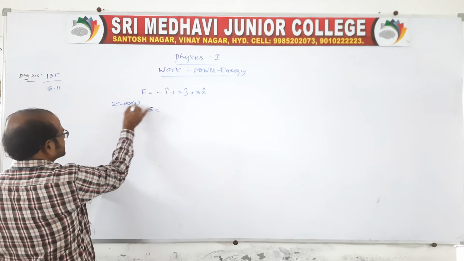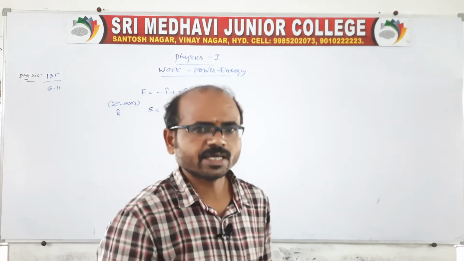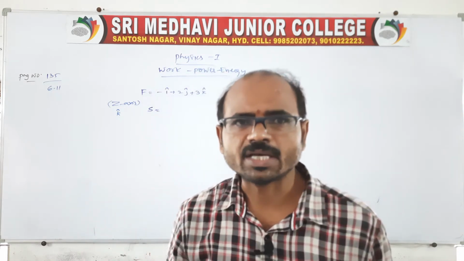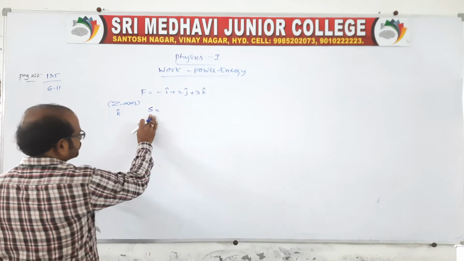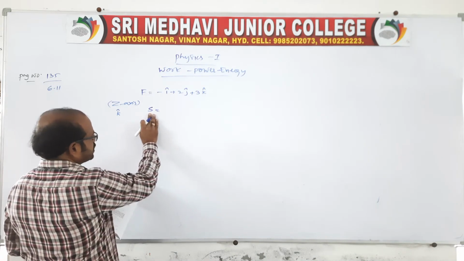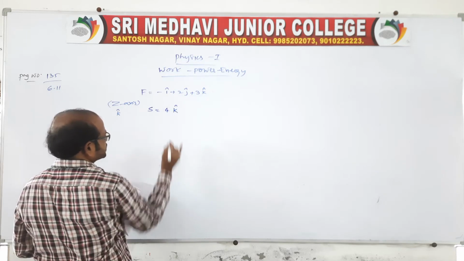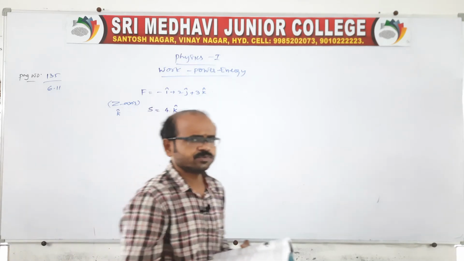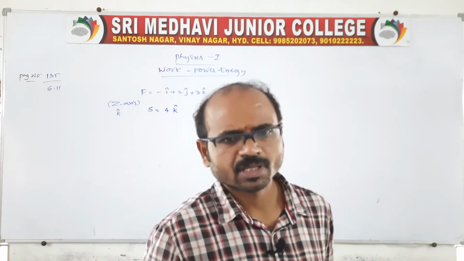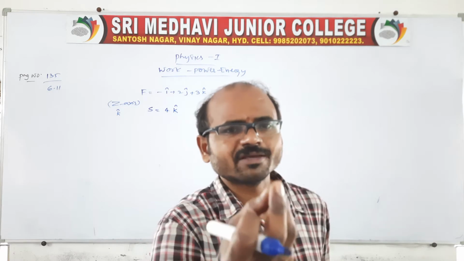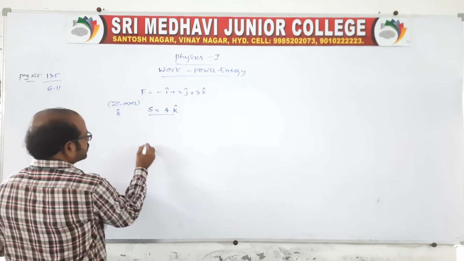Actually, the z axis is represented as k cap. In the question it is given that i, j, k are represented along the x, y, z axes. So you take S is equal to, as the body is moving 4 meter along the z axis, you say 4k. Sometimes it may be given as moving along the x axis, then you take i cap. Sometimes moving along the y axis, then you take j cap. Like that we have to take. So now it is asking for work done.